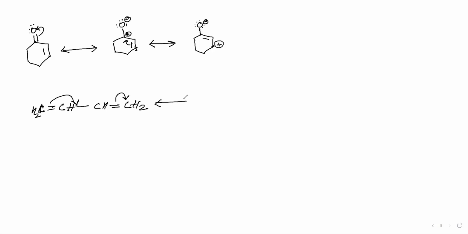So this will be C, with a positive charge, single bond CH, double bond CH, and then single bond CH2 negative. If I want to show the resonance hybrid structure, it will look like this: CH2